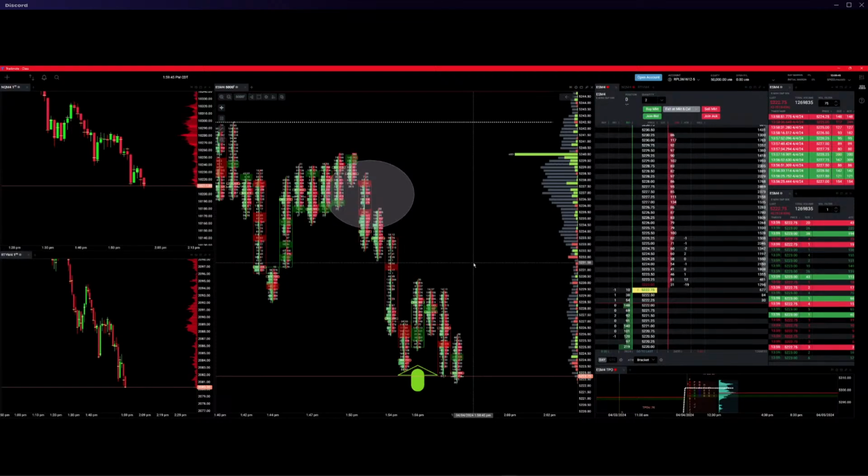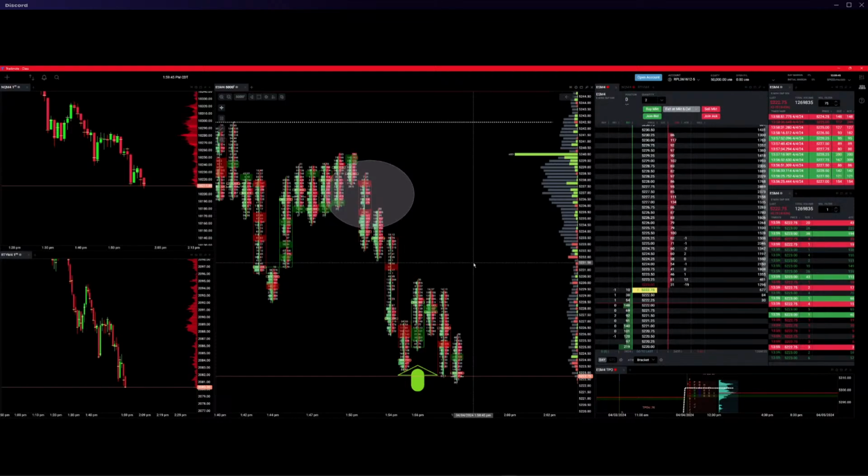Hopefully today was helpful, breaking this down. I highly recommend you go and slow this down. Go into replay mode yourself if you have it, and really look at these areas, because you will start to see what the offer lowering looks like, what the bid raising looks like, and what it looks like when someone's offsides, right? If you can identify those basically four things within a higher time frame structure that makes sense,